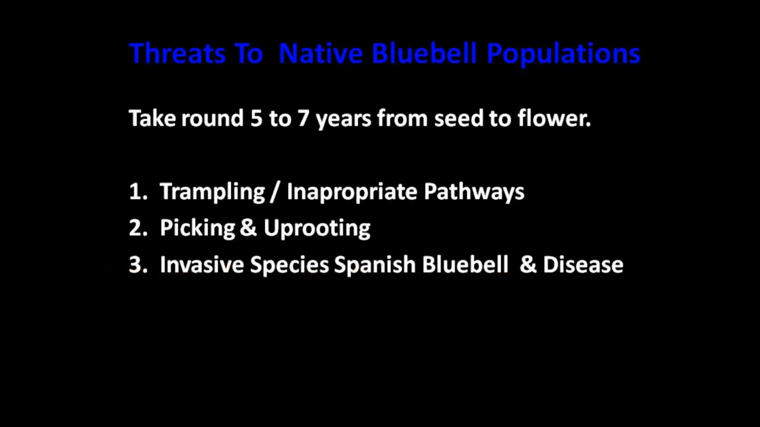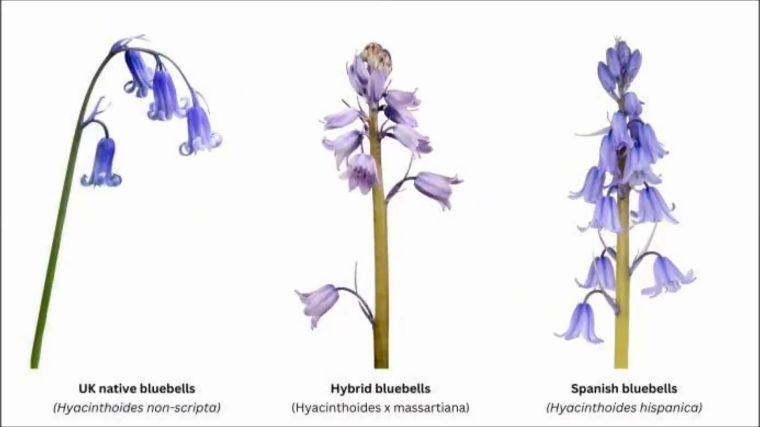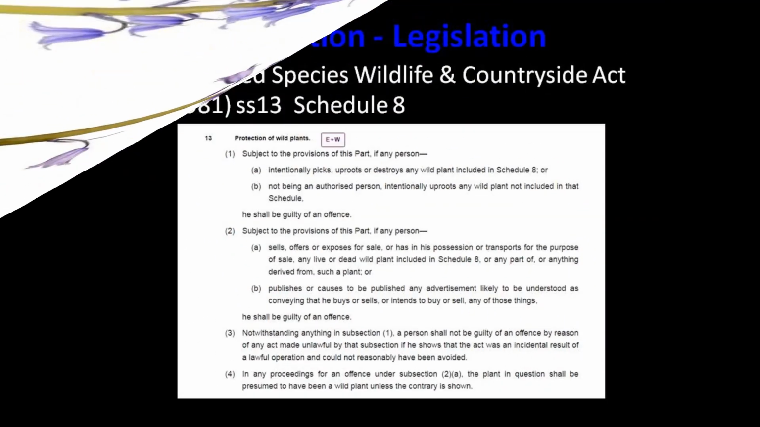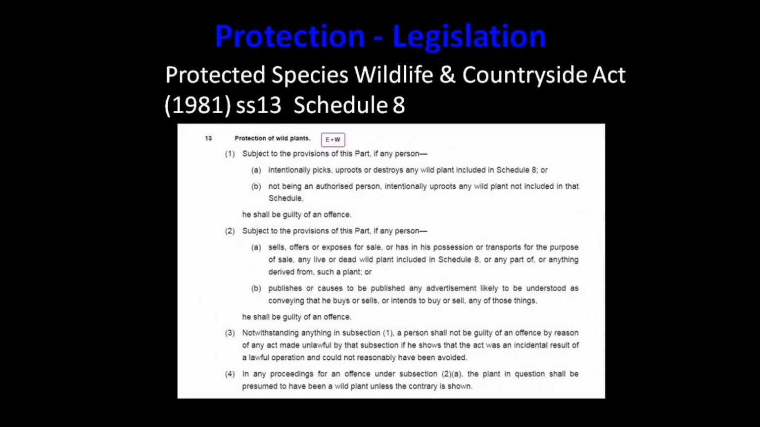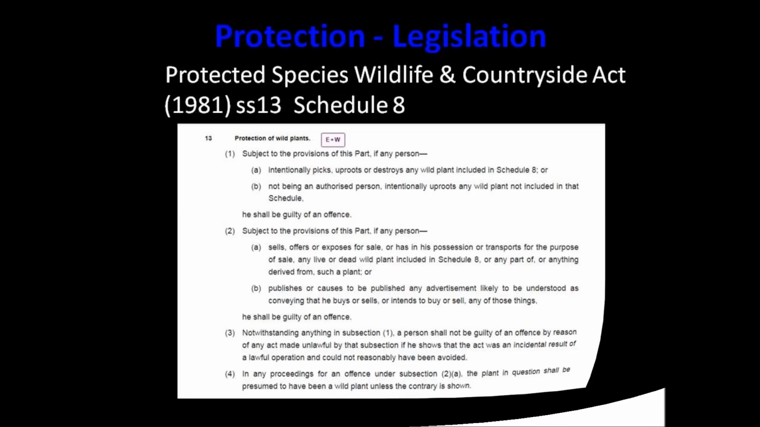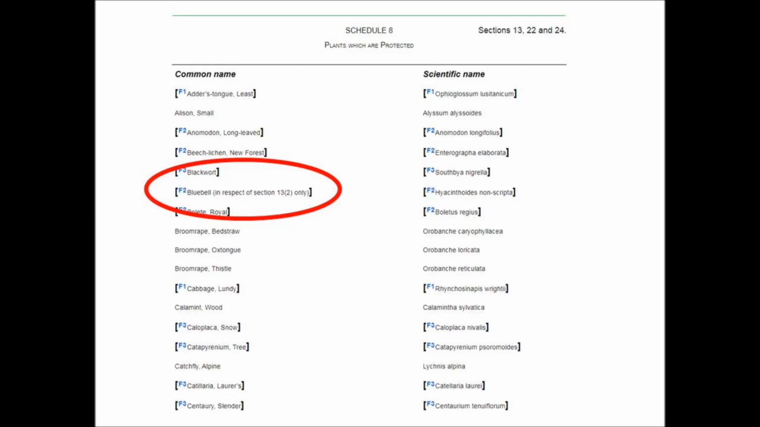The Spanish Bluebell, a garden escapee, readily hybridizes with our native bluebells, forming an intermediate hybrid which can potentially breed out important features such as scent and colour. The conservation of this important species is therefore achieved through statutory protection via acts such as the Wildlife and Countryside Act 1981, Section 13, Schedule 8, links in description, which makes it an offence to pick, uproot or sell the